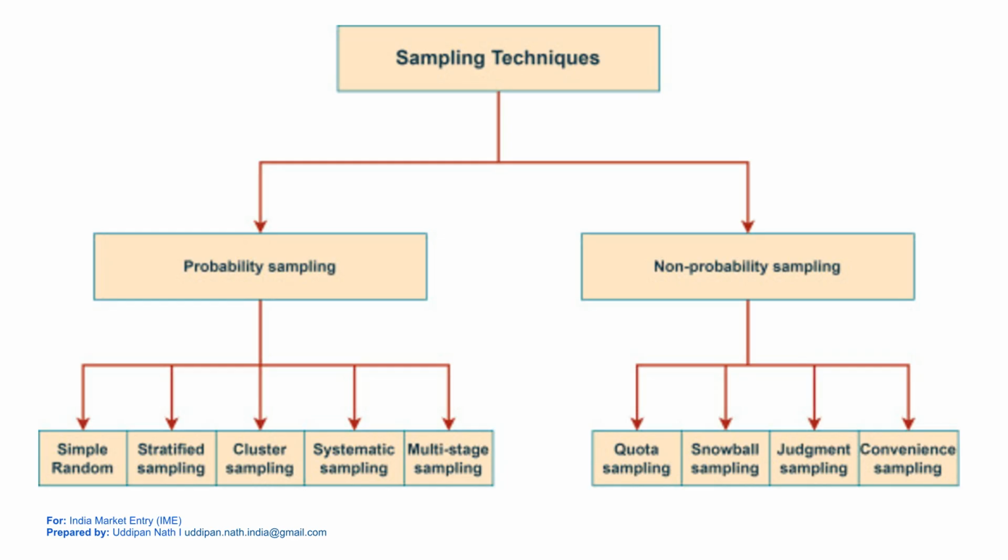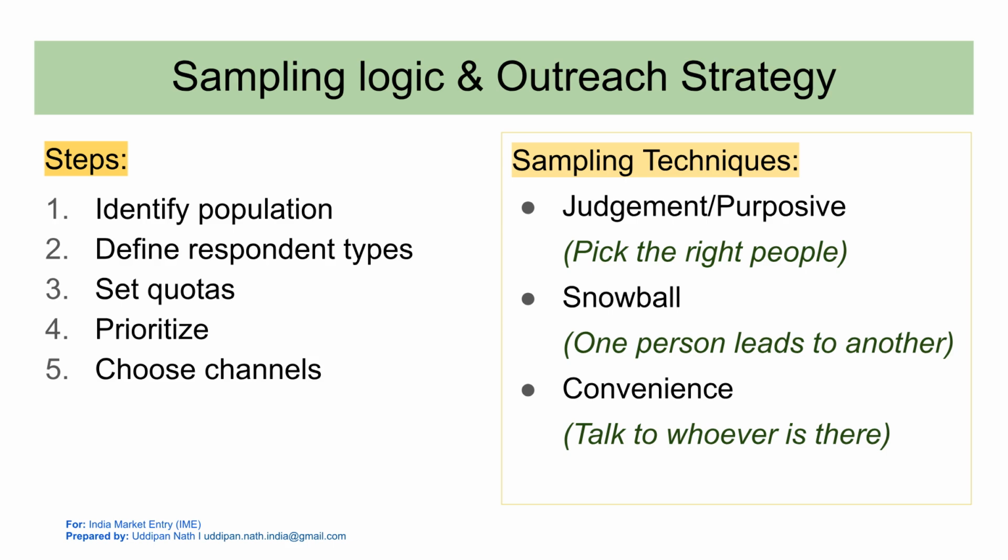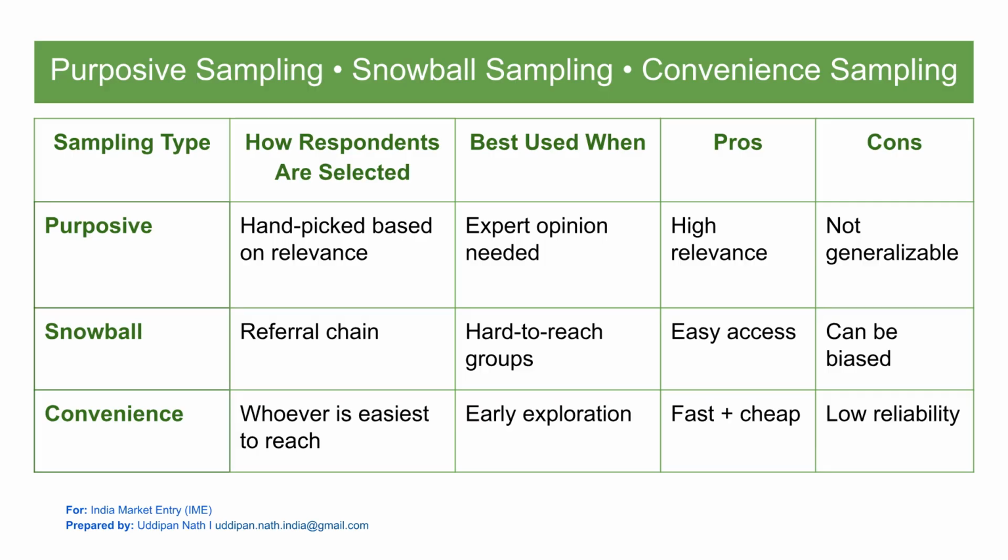Sampling techniques are divided into probability and non-probability sampling. Probability methods include simple random and systematic, while non-probability includes quota and snowball sampling. The steps for sampling logic involve identifying the population, defining respondent types, setting quotas, prioritizing, and choosing channels. Key non-probability techniques are judgment, snowball, and convenient sampling. Purposive sampling selects respondents based on relevance for expert opinion. Snowball uses a referral chain for hard-to-reach groups, and convenient sampling is used for whoever is easiest to reach in